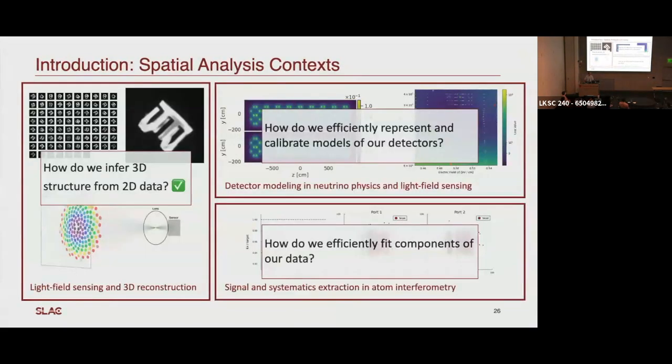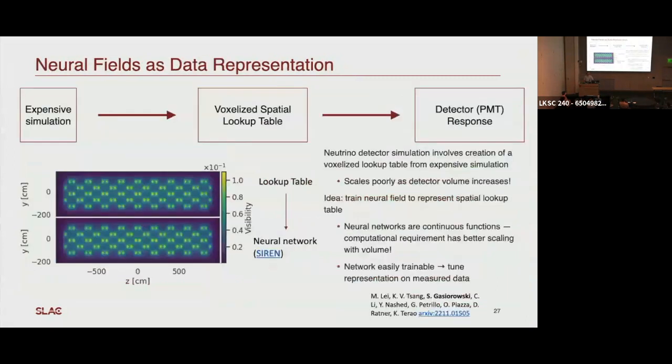Yeah, and so that's kind of the first thing of how do you infer 3D structure from 2D data. But then kind of wrapped up in that was both we need some rendering, some modeling of our optical setup, and then we also need some representation of what our 3D object looks like. And it turns out that this neural fields as data representation can be very extendable and be very powerful, even beyond this kind of inverse